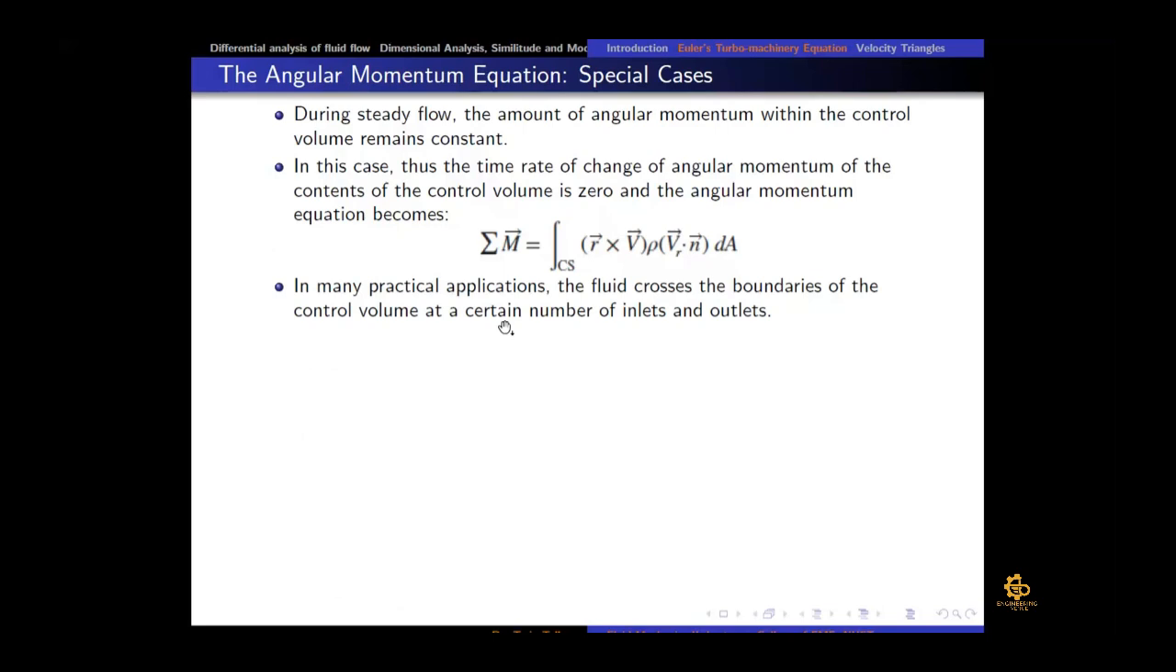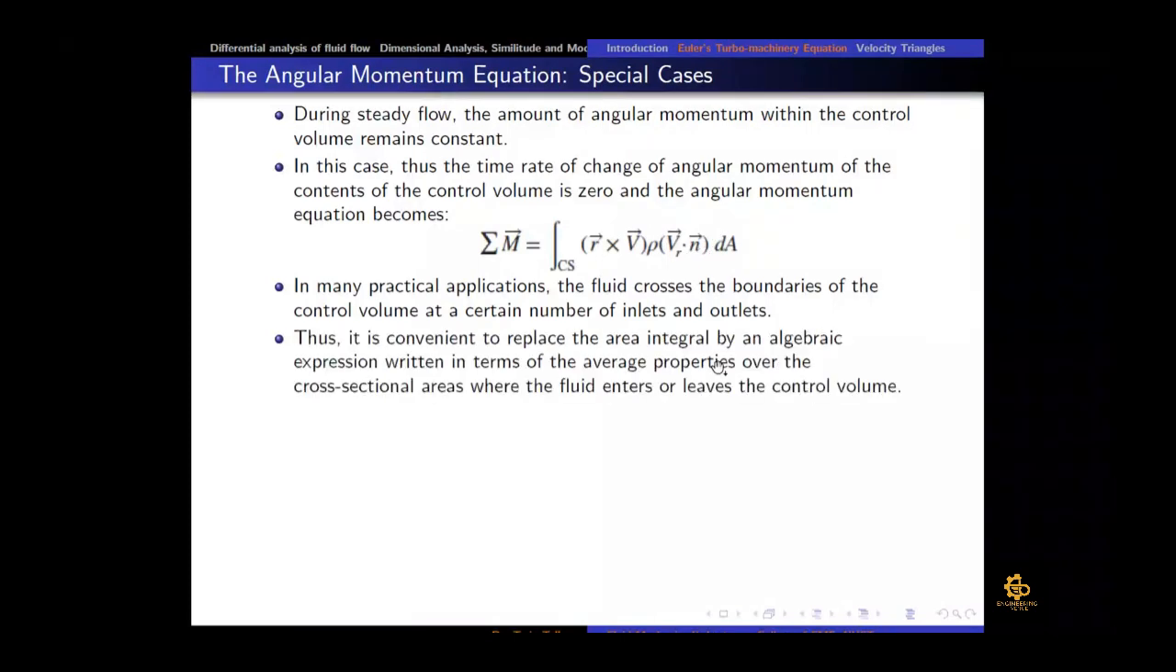And now, in many practical applications, the fluid crosses the boundary of the control volume at a certain number of inlets and outlets. So it is wise to write it in terms of inlet and outlet, because we know that the dot product of V dot n would be positive when it is outflow. So the outflow would always be positive, and V dot n would be negative for the inflow. So we can write it in terms of